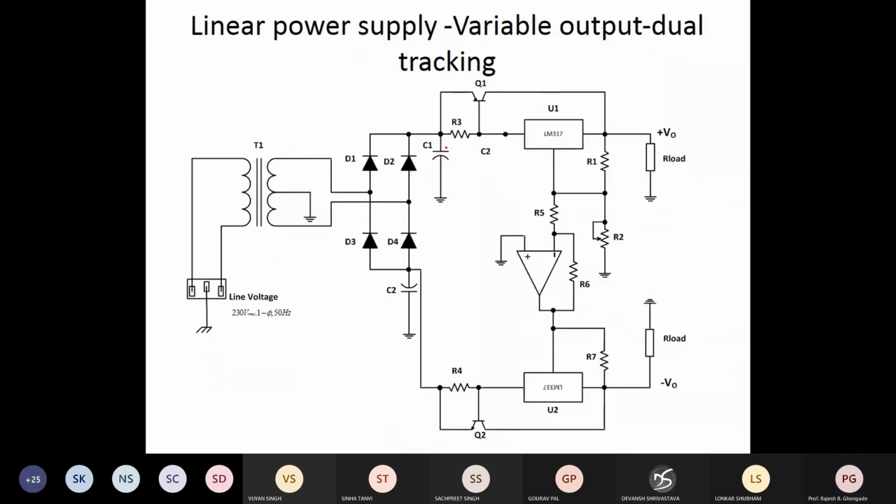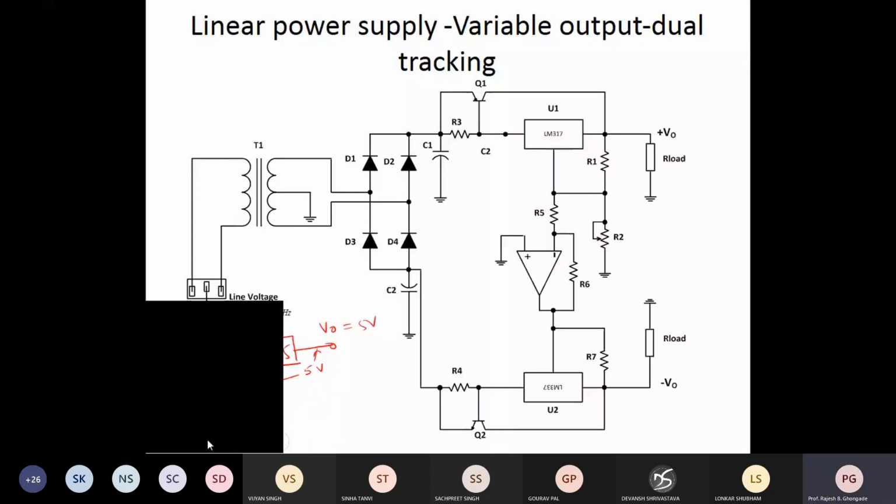Then this is a special case. Don't get intimidated by the circuit. It's very simple. The basic idea of any 3-terminal regulator, please pay attention here, if you are talking about LM7805, this is your unregulated input, this is your output, and this is the third terminal which you are supposed to connect to the ground. Always remember that when it says 7805, the voltage maintained between these 2 points is 5 volts. Now if you make this ground, output will be equal to 5 volts.